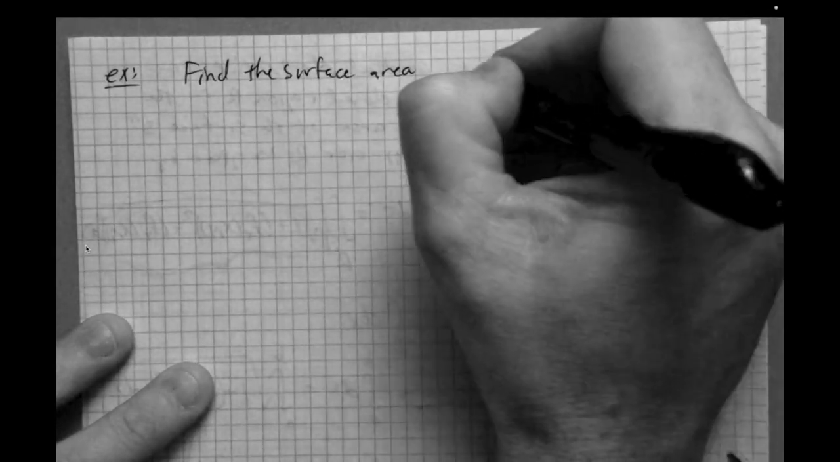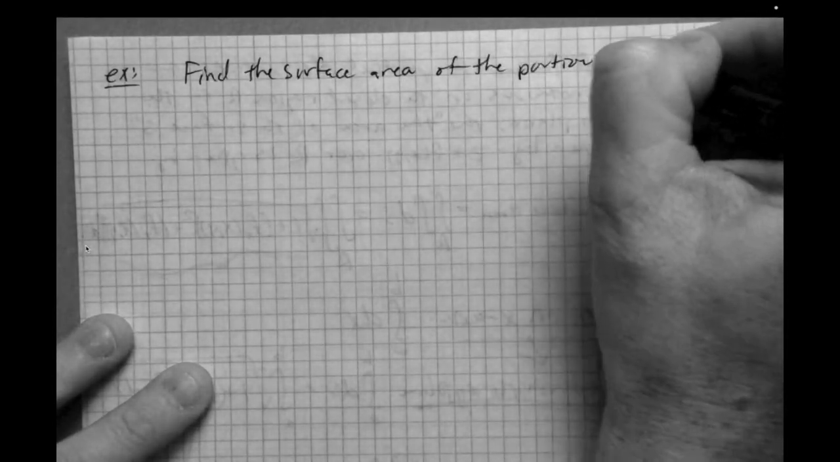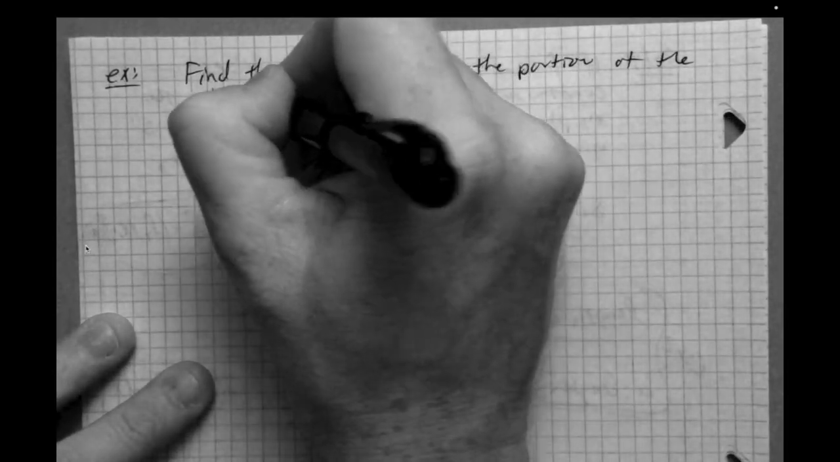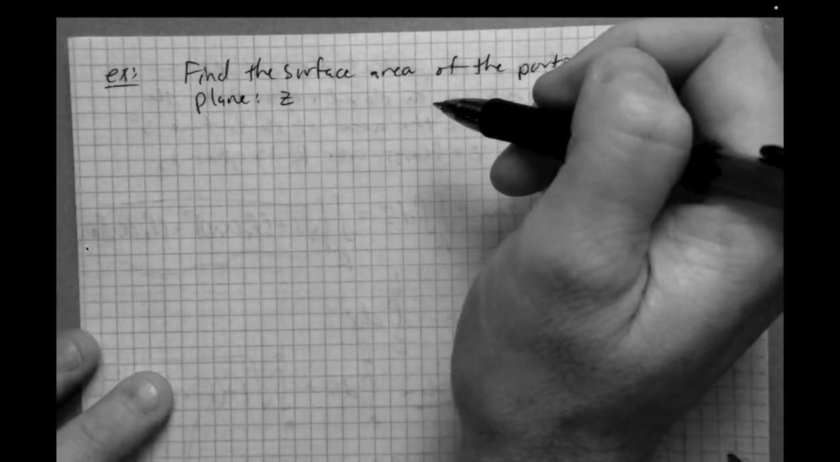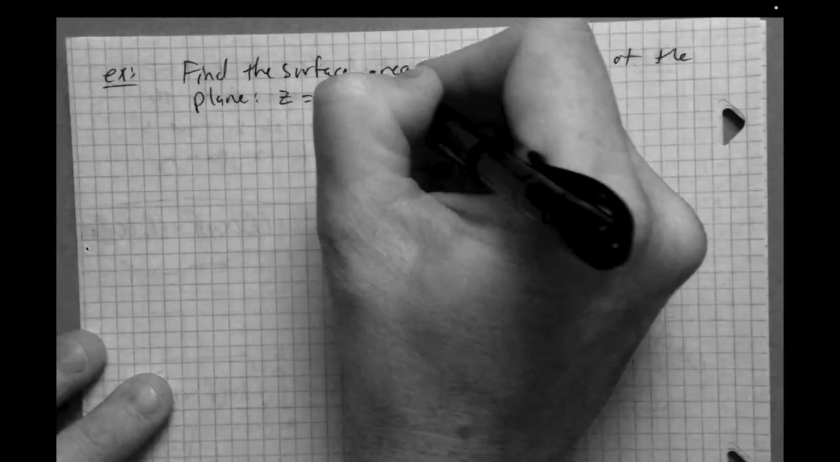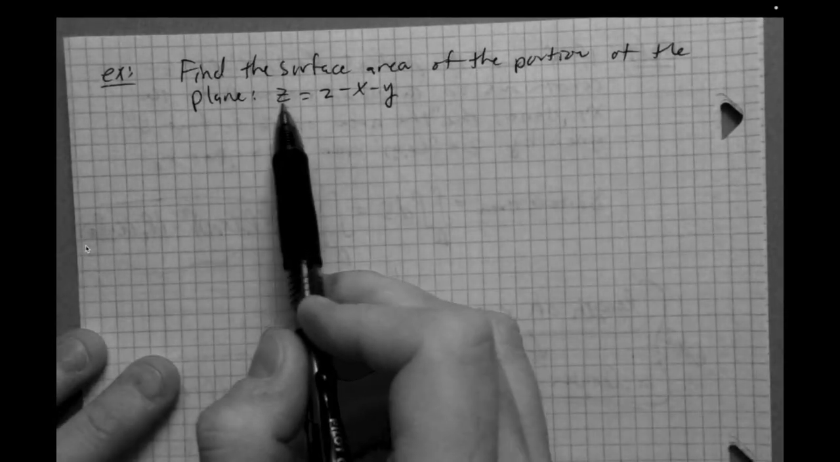Find the surface area of the portion of the plane. And this is a particular plane. It's not one of the axial planes. It's z equals 2 minus x minus y. All right, so we want to find the surface area of the portion of the plane, z equals 2 minus x minus y,